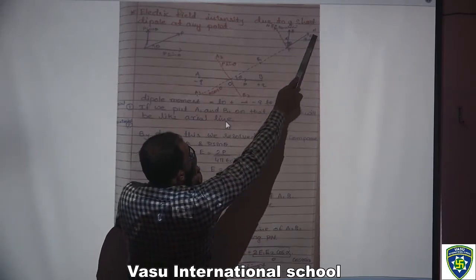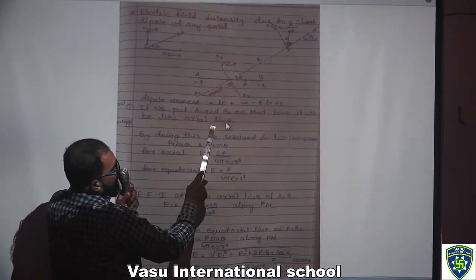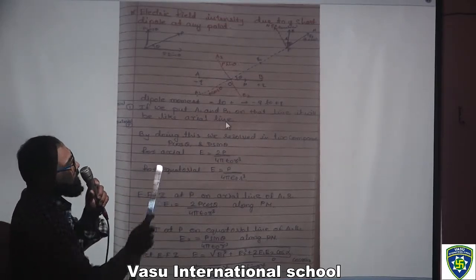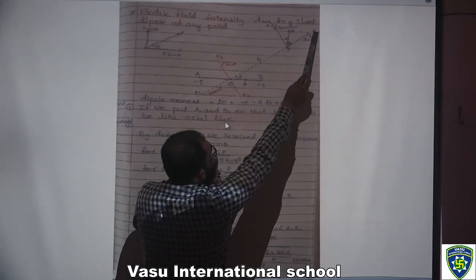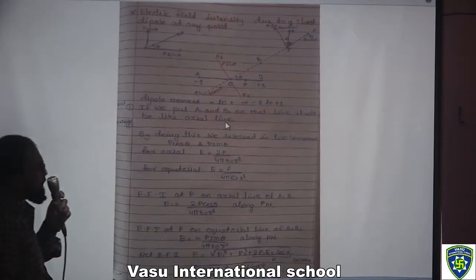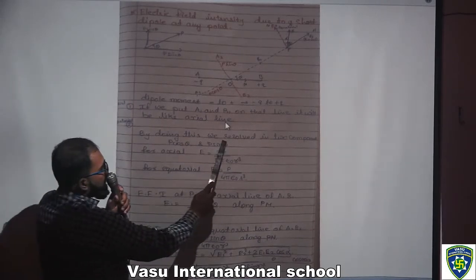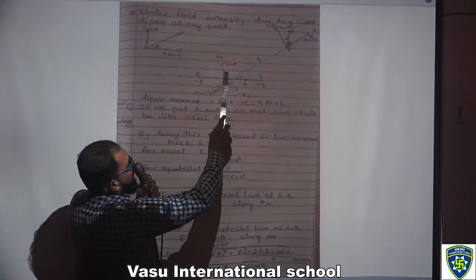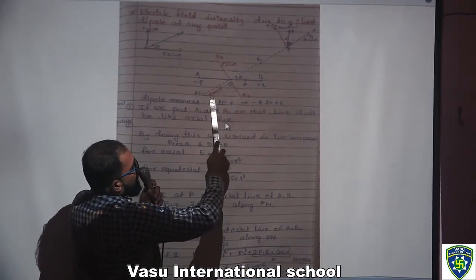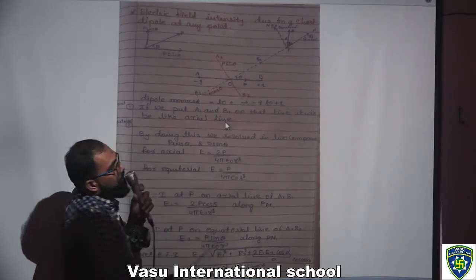So the electric field is going along this line, like an axial line. That is the first case: A1, B1 and P are here, and the electric field is going in the same direction. Now the second is the equatorial line. Here we resolve into two components, P cos theta and P sin theta. Here it is P sin theta and here it is P cos theta, A2 and B2. Okay, so clear this figure.